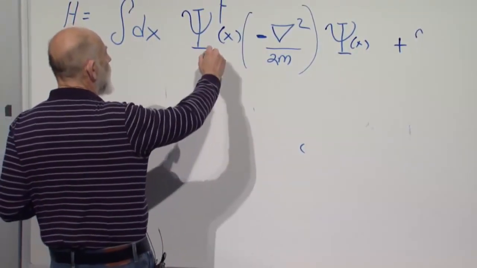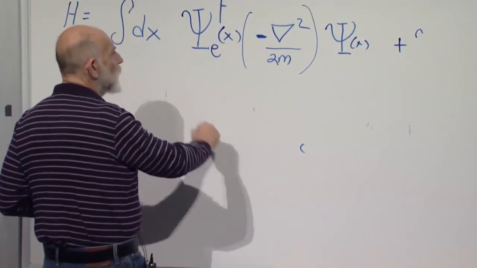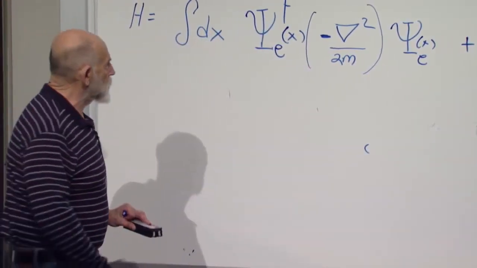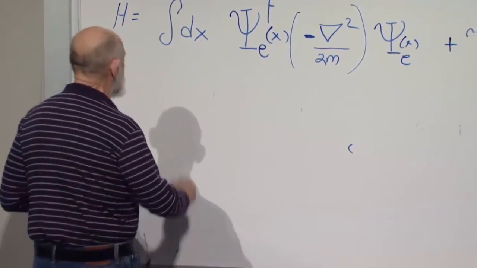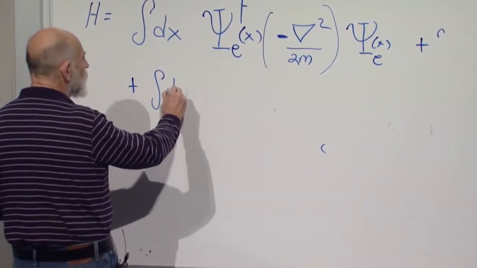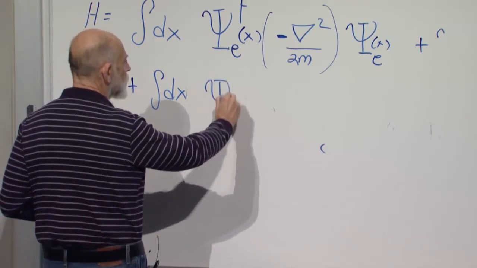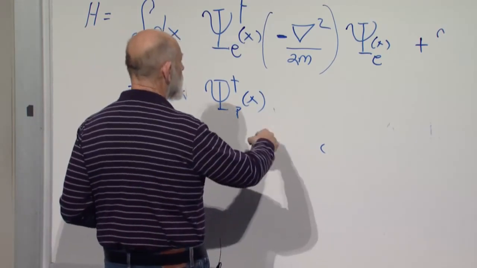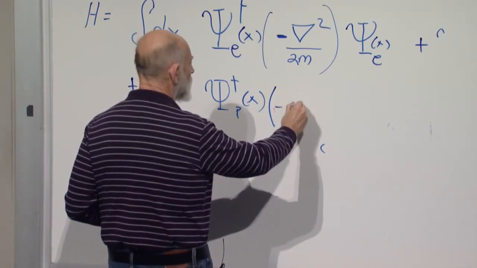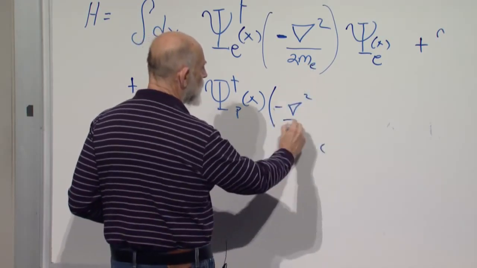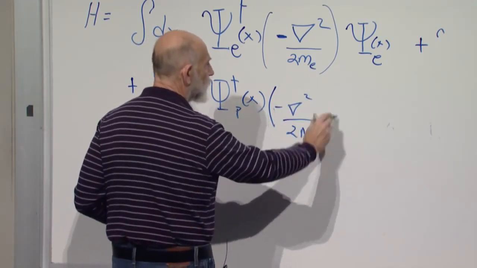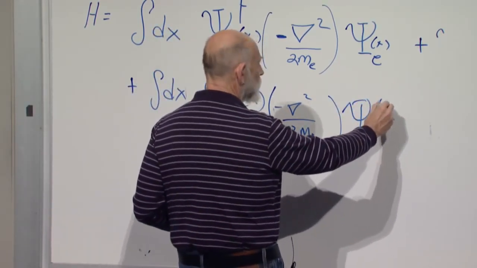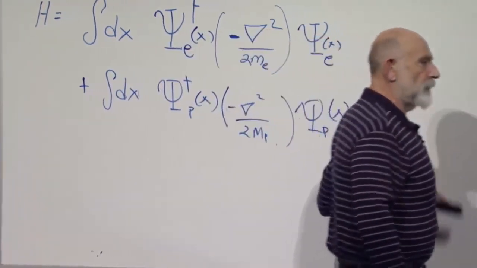Then first of all, there's the energy of the electrons. So this is the field operator for electrons. It creates and annihilates electrons. It does nothing to protons. This is the kinetic energy of all the electrons. We have to add to that the kinetic energy of all the protons. This is twice m electron. This is twice m proton. And then psi proton of x. Okay, so far all I have is the